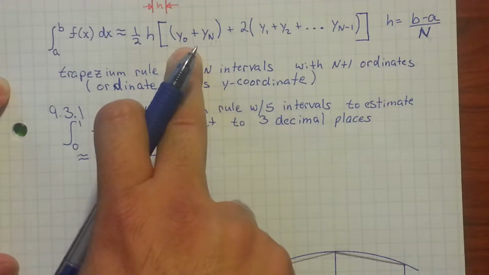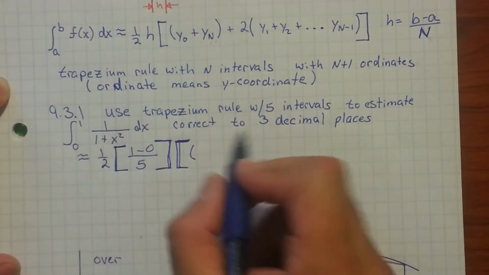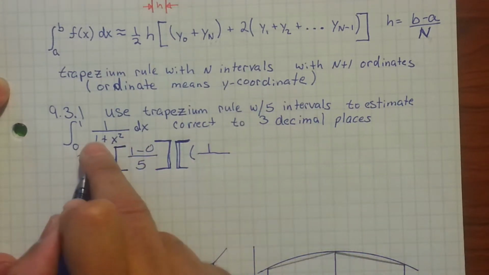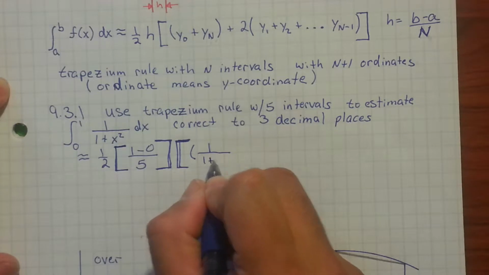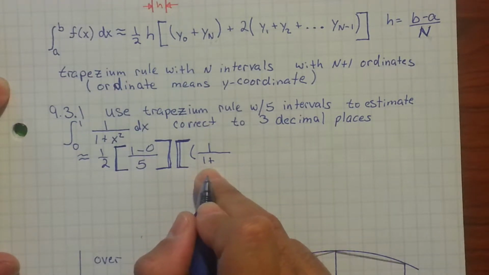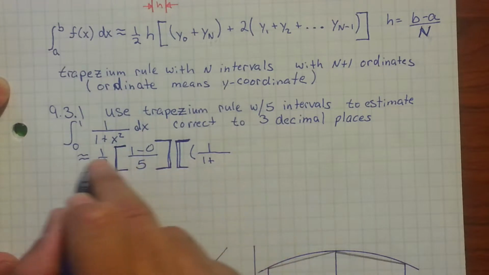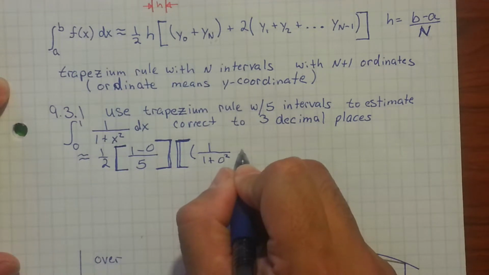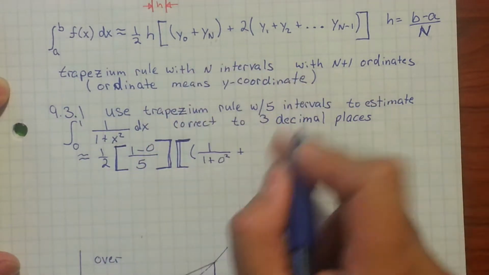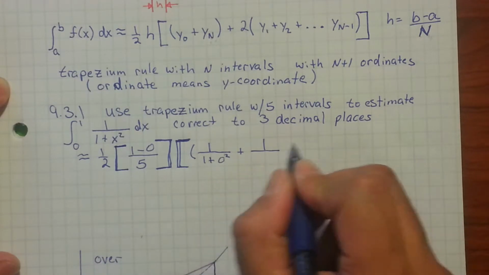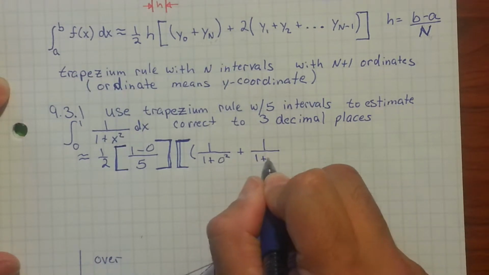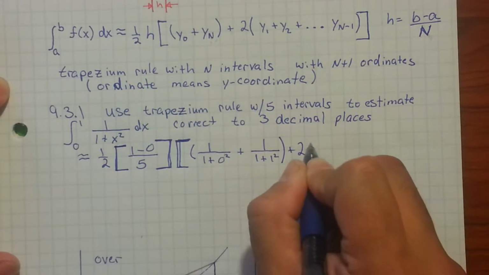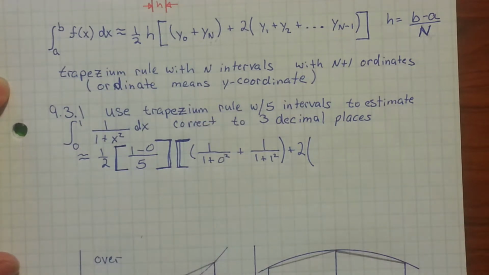Now it's going to be y0. So start off with the first one, which is going to be 1 over my function, 1 plus x squared. So it's going to be right here, 0, at 0 squared, plus y sub n, so it's going to be 1 over 1 plus 1 squared, close that, plus 2 times